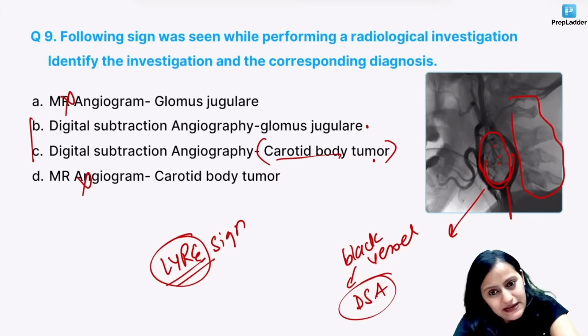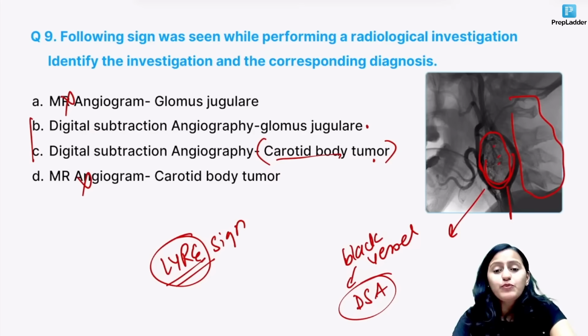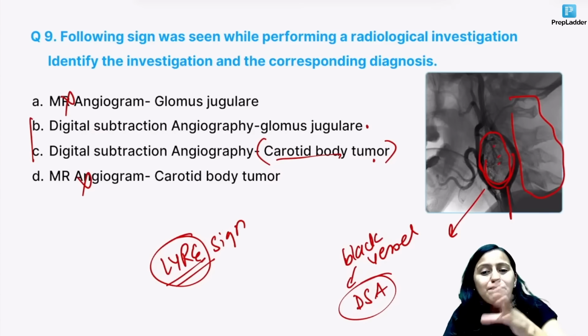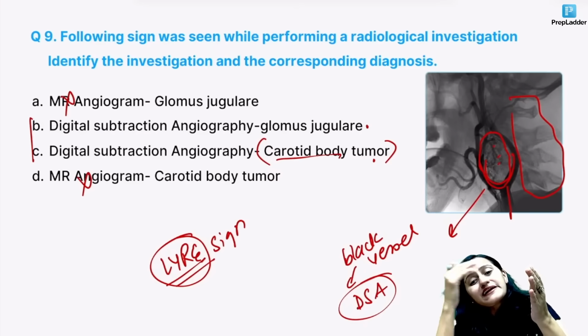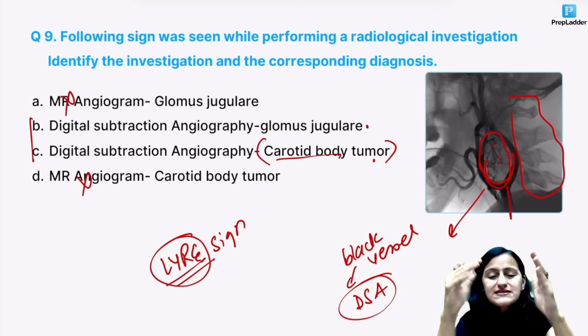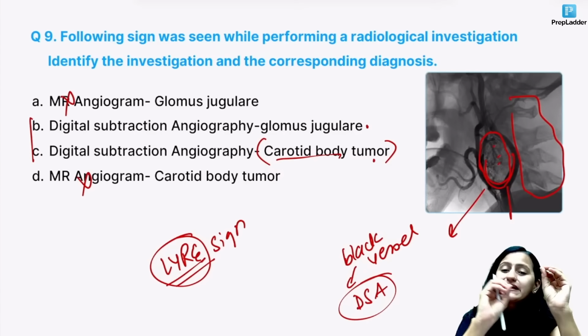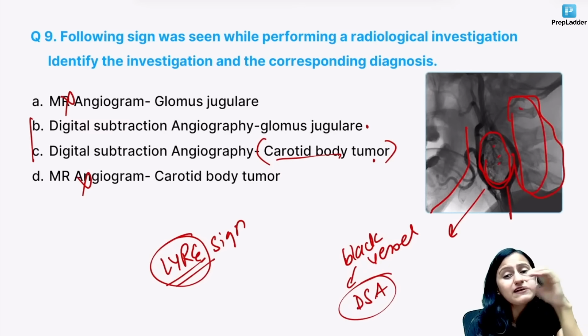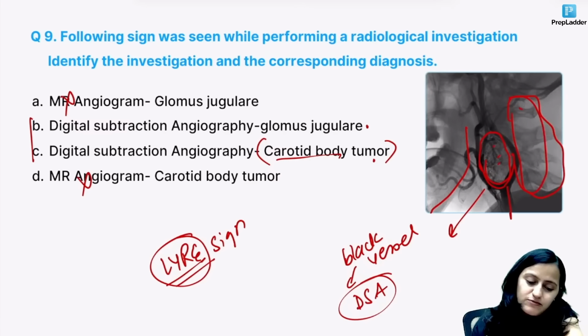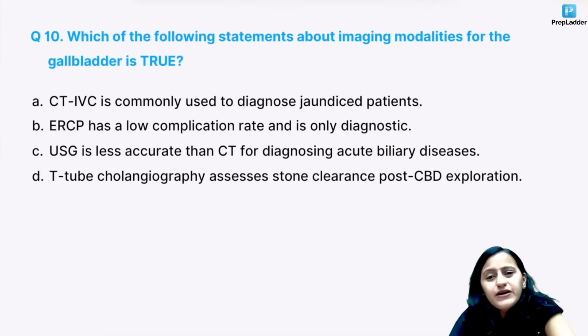In DSA, the background is visible. Yes, Lakshay, what happens is you get a number of images. So you do get an image where the background is seen, and you can get the final image where that background mask is removed. So you can get either of that. Like you can see the background here, this is the mandible part, this is the cervical spine part. It can be with background, it can be without background. Okay, going to the next one.